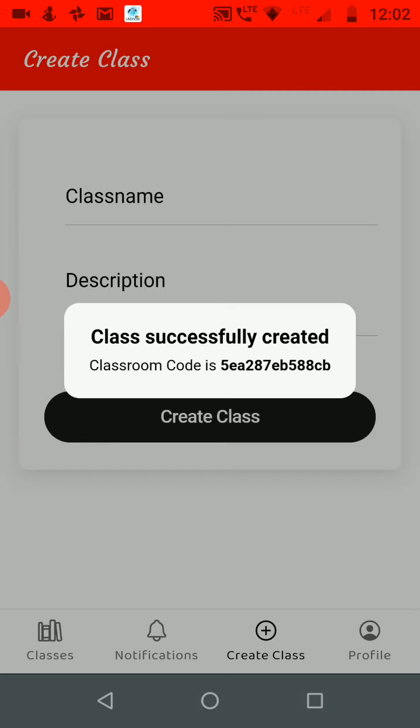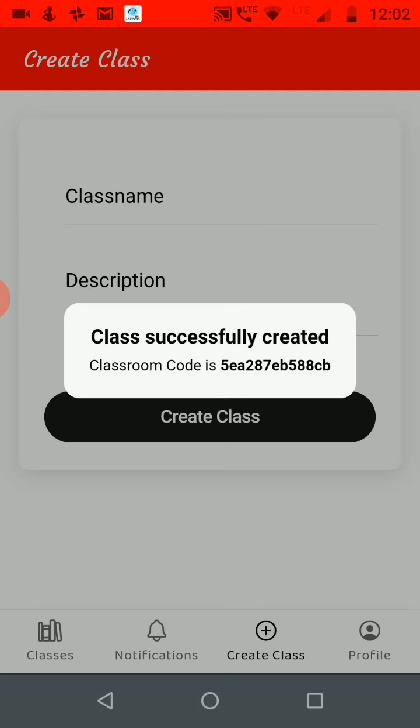Now this code has been created here. The classroom code is like 5E8287EB something. You can send this code to your students via media like WhatsApp, text message or email, so that the students can join your class with this code.